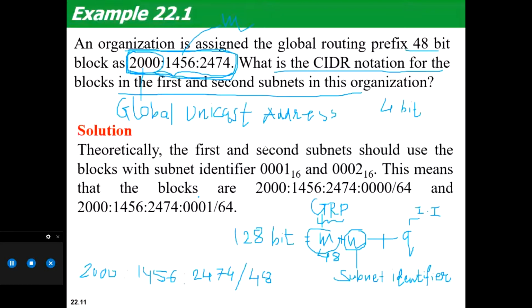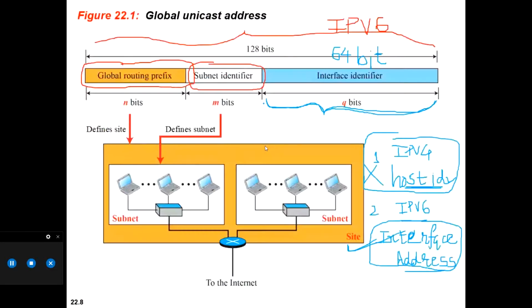Okay, just let me go back to you again. You have to remember this. Tomorrow I would be sharing this slide. Where did that figure go? This one. It was the N plus. Okay, I took M and N, but you can interchange that. This is 48 bit. This is 16 bit.